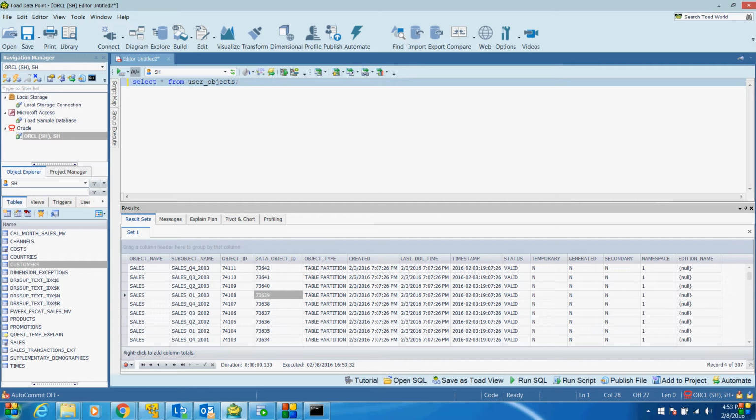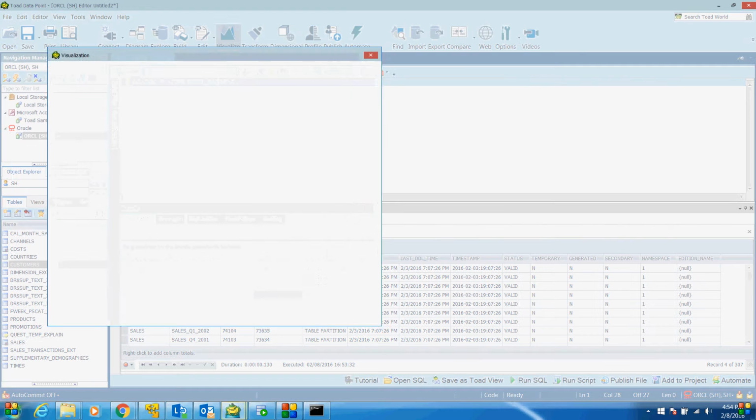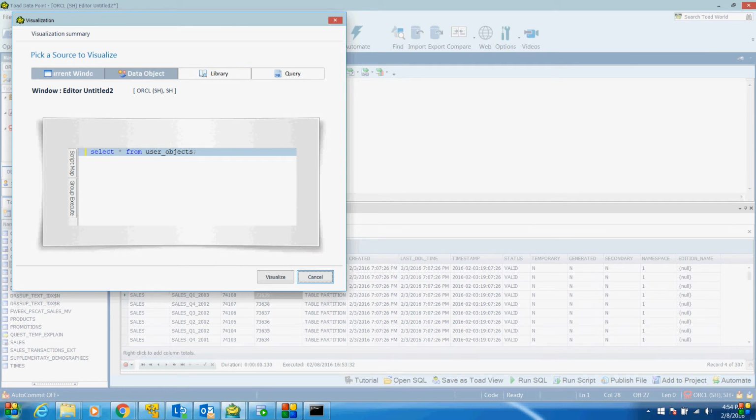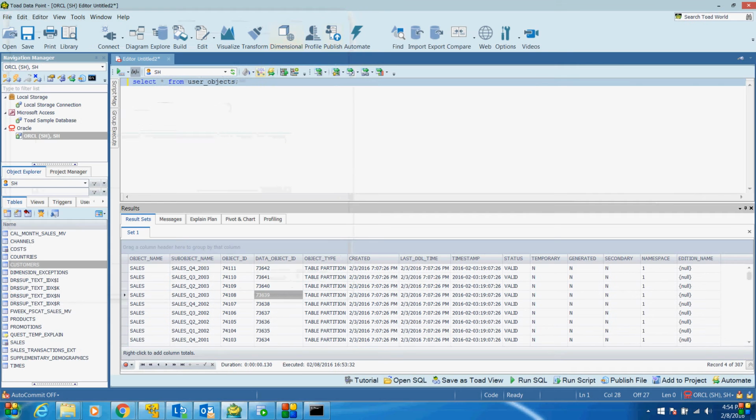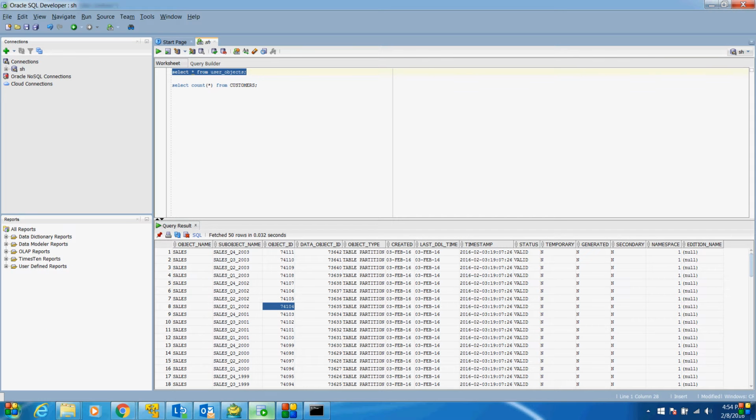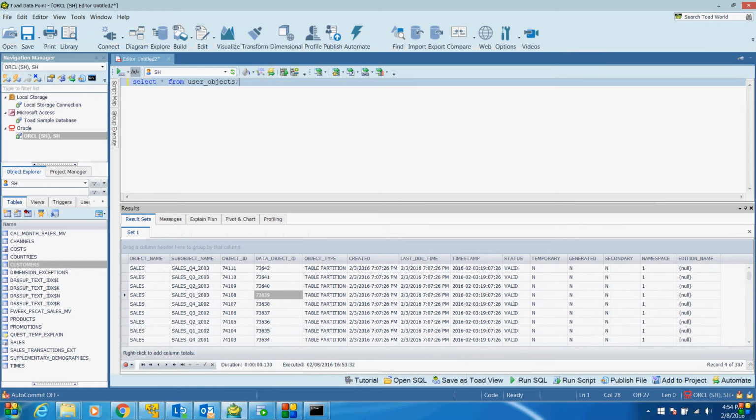But here, graphically, let's suppose I want to prepare visual charts. From Toad Data Point we can generate this. We know that in Excel we have bar charts and pie charts, and we can generate those. These features are not in SQL Developer. But actually the main feature is not that; we can generate some extra reports, but the first feature is this.